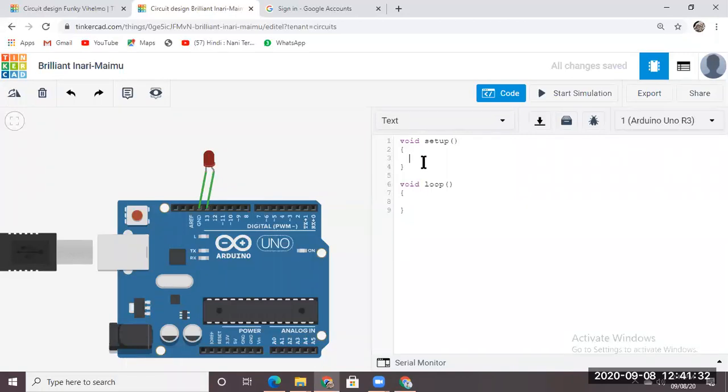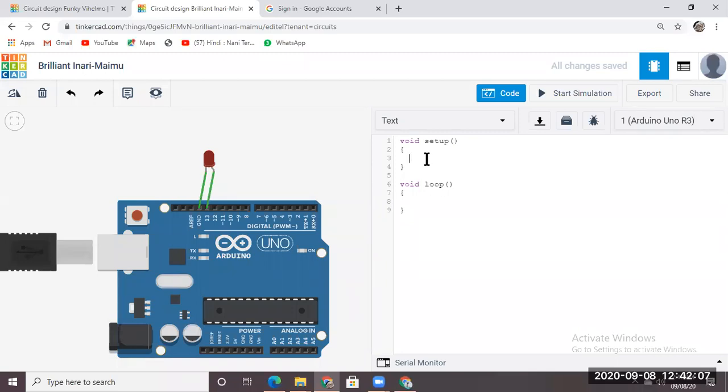Okay. So we divide any Arduino program into two parts. The first part is setup and the other part is loop. Setup sounds like some setup. So when you sit to study something, you first open your notebook or books so that you can do the setup so that you can study. So anything that you do, the connection or the setup part goes under this.